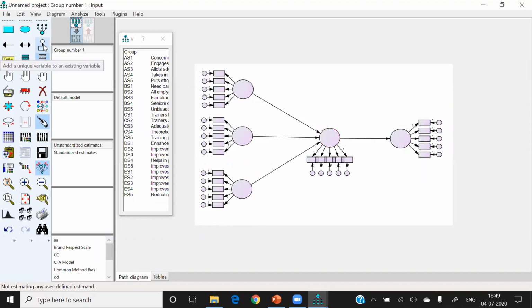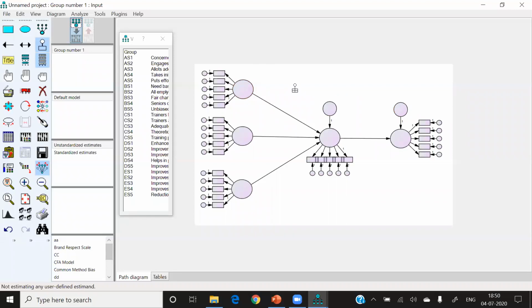This point is new to you, so kindly see. This is the icon, and we click on the endogenous construct where the tip of the arrow is. So any construct where the tip of the arrow is there, you have to attach the error terms.